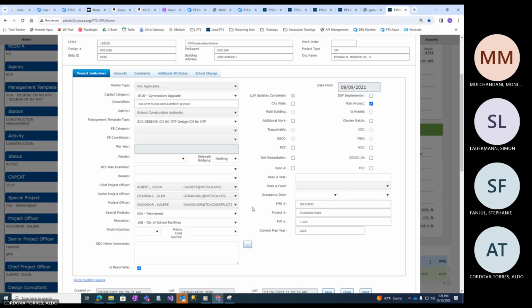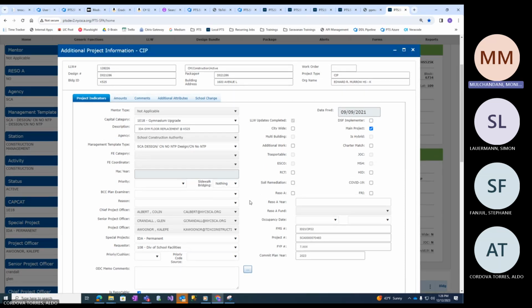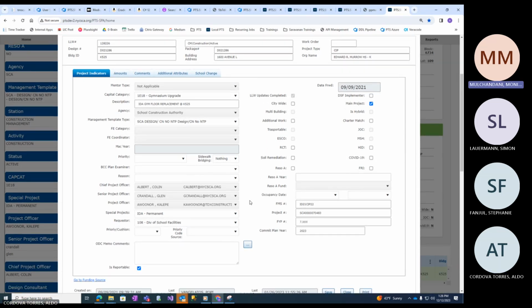So next is Chief Project Officer, Senior Project Officer, Project Officer. Now, the project we've loaded, is it a CIP project or a capacity project? I think it's a CIP, because it's packaged and it's a design bundle. Right away you can make out that if it's bundled, it has to be a CIP project. So the values are Chief Project Officer, Senior Project Officer, and Project Officer. These are again